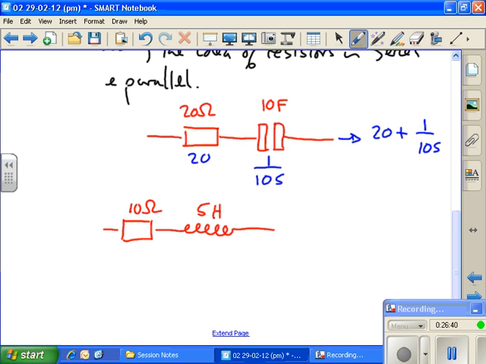They do to me actually, but then again I'm not an electronics expert. So what do you think we'd get? That would still be 10. This would be 5s. So the combination would be